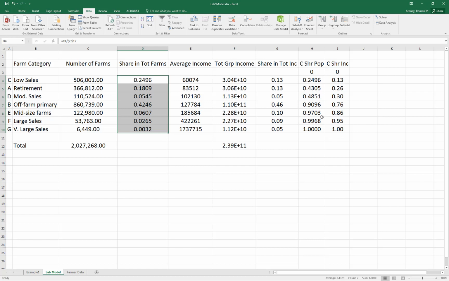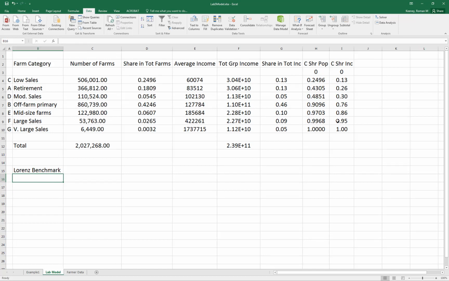Okay, so we've got our values we need for a Lorenz curve. Let's go ahead and draw the Lorenz curve. I skipped it from the other exercise here, but the point of this is to get a picture of both of these. So we need to add the Lorenz benchmark values. Okay, and so we're measuring proportions not on a 100-point basis here, not from 0 to 100, but from 0 to 1. And so the Lorenz benchmark will just be 0 at a point of 0, the x-axis,